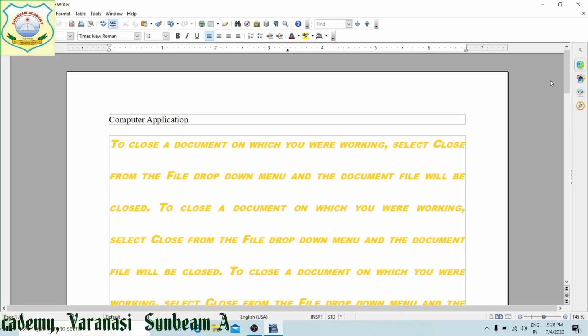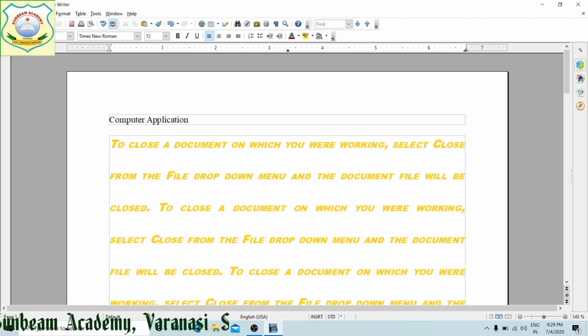Now once again, the previous things in the last class, what I told you, that again I am going to give you as a revision. Last I am giving you, then today's work again I will show you. So when you start your Word or Writer, this is the first screen. On the top you are getting title bar, which shows the name of the file as well as name of the document software into which you are working.